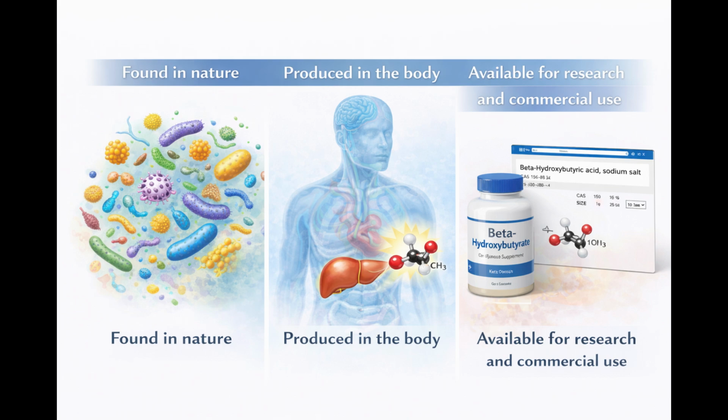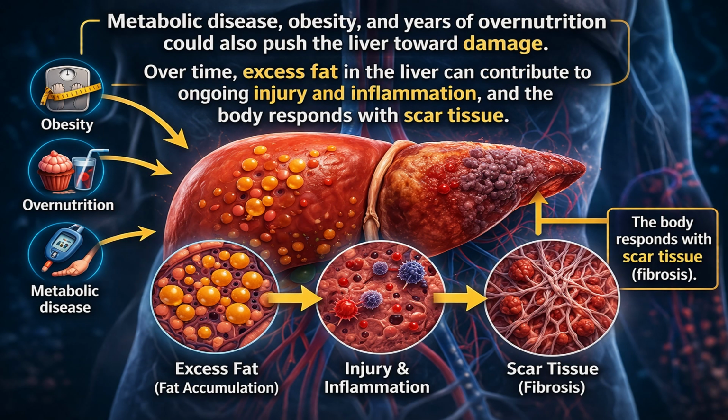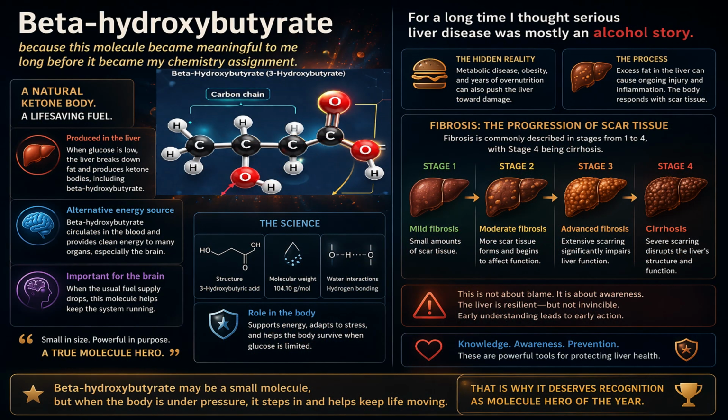I chose beta-hydroxybutyrate because this molecule became meaningful to me long before it became a chemistry assignment. For a long time, I thought serious liver disease was mostly an alcohol story. I did not realize that metabolic disease, obesity, and years of overnutrition could also push the liver toward damage. Over time, excess fat in the liver can contribute to ongoing injury and inflammation, and the body responds with scar tissue. The process is called fibrosis, and it is commonly described in stages from 1 to 4, with stage 4